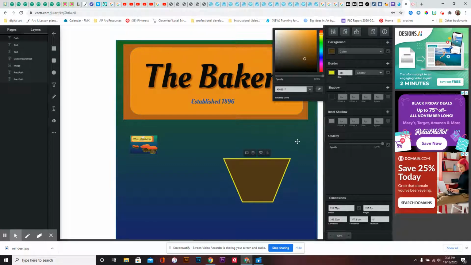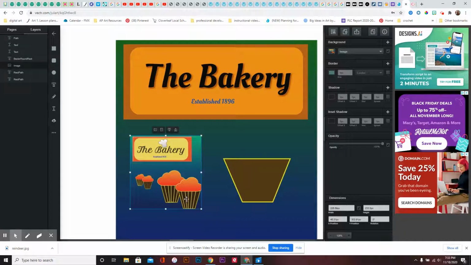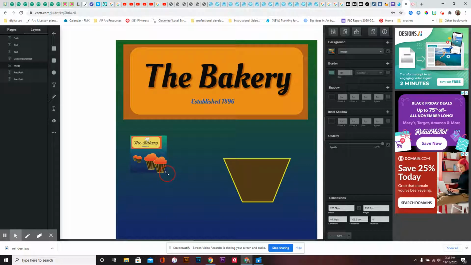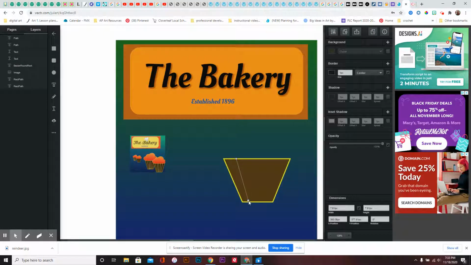Let's go with that one. Okay, now you'll notice that on my picture, there's little yellow lines in the middle too. Well, the way that I accomplished those was by taking the pen tool again, and I started here, and I drew down to here, and then I came across a little bit, and then I drew back up to here, went across a little bit, clicked, down, click, across, click, up,